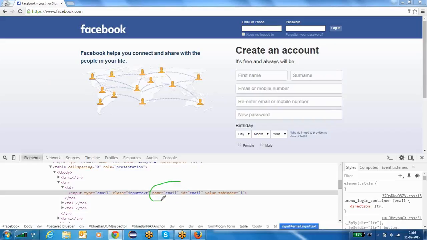The name of the element is email, and the ID of the element is email. So I can identify this element by its name, email, or by its ID, email. These are all known as identification logics. We will talk about them in later sessions, but what I am trying to say is,